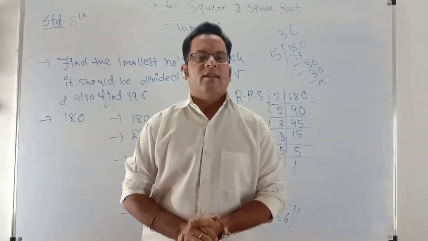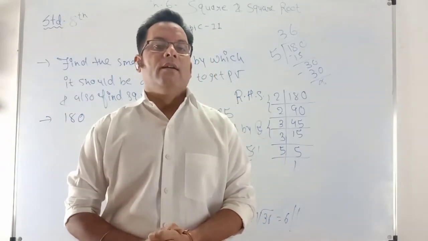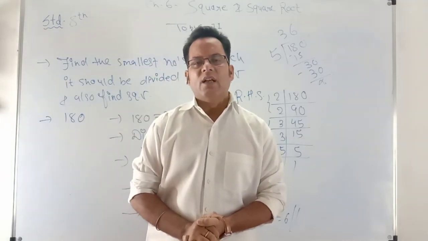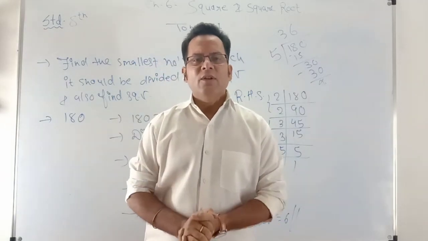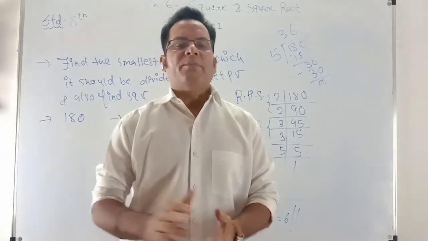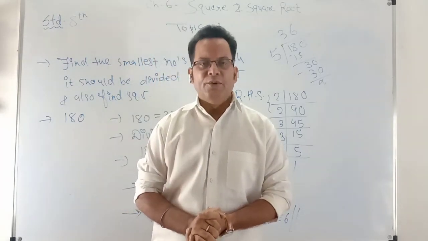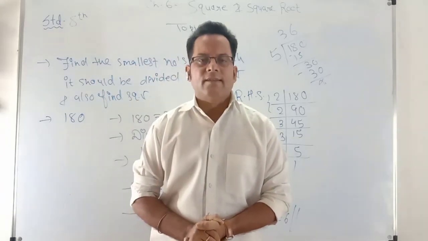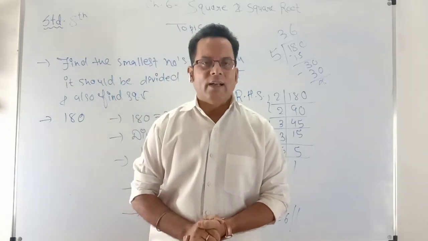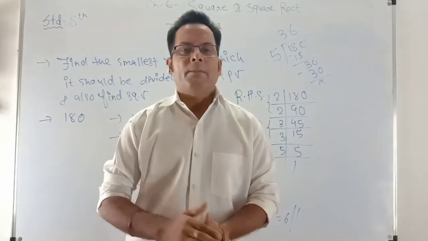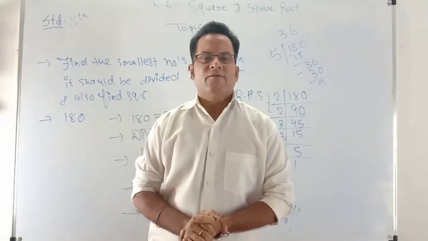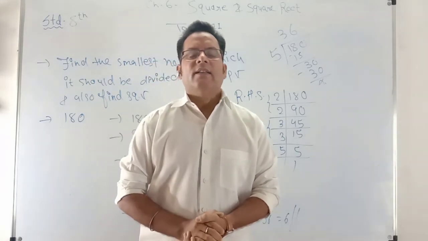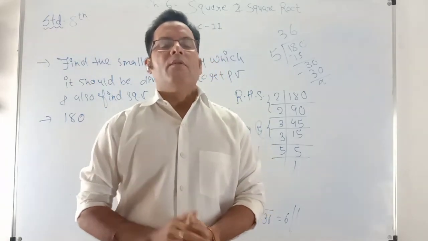And then the last 2 methods, multiplication and division, to get the perfect square. So students, the full chapter we have covered in this video. I'm sure, if you go through it twice and thrice, listen carefully to whatever I'm saying, and practice the sums which I have taken on the board, and understand calmly, then this chapter will be easier for you.